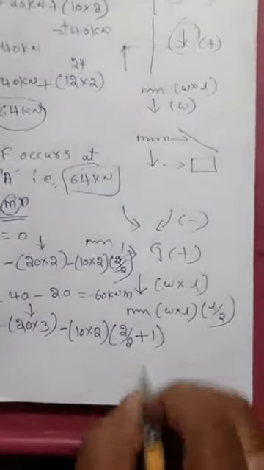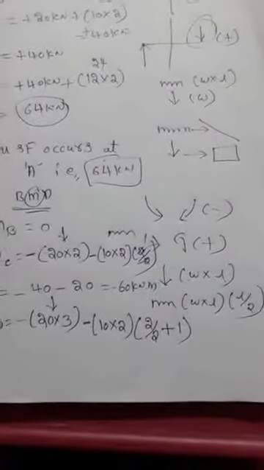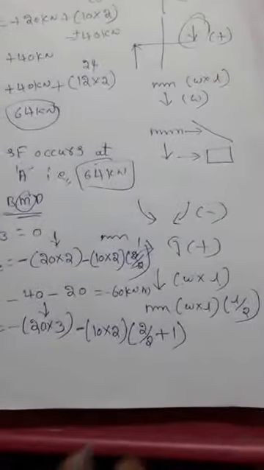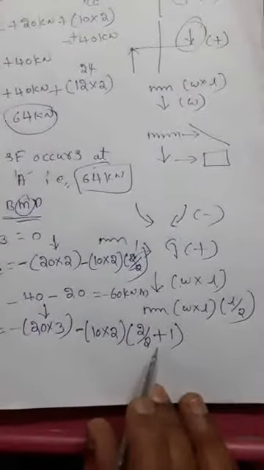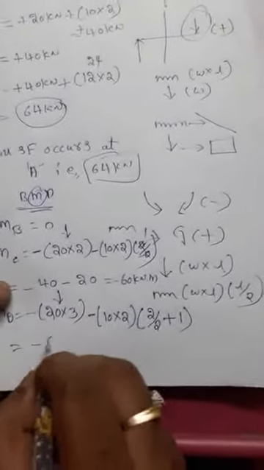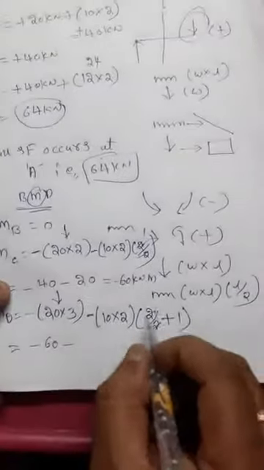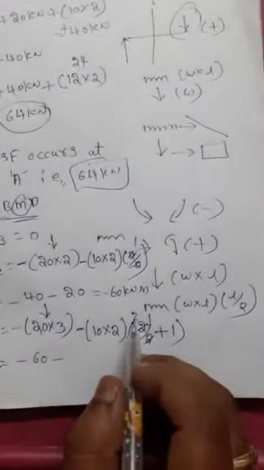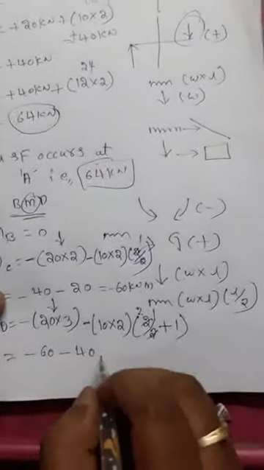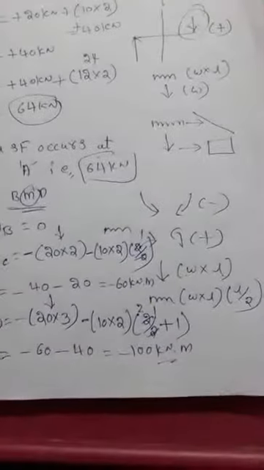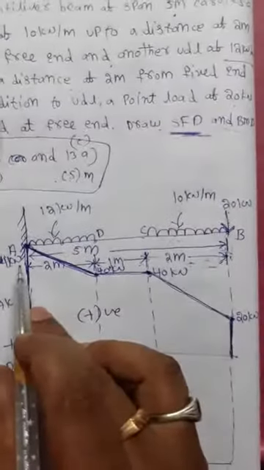with this formula, that is 1. You can add that distance between C to D, that is 1 meter, with this formula, the additional span length. Okay, so this is for UDL and this is for point load. So this is 60, minus this is 1, so 1 plus 1, 2, 20 into 2, 40, and 100 kilonewton into meter. Okay, and next point is remaining span length after D, and here it is one point,